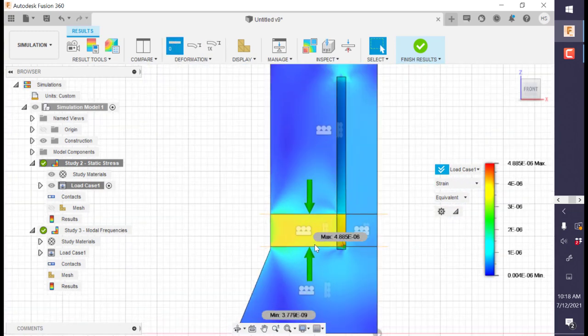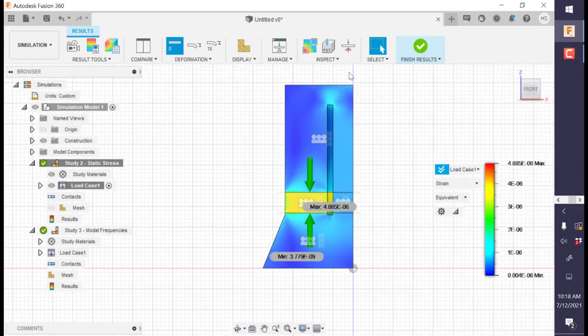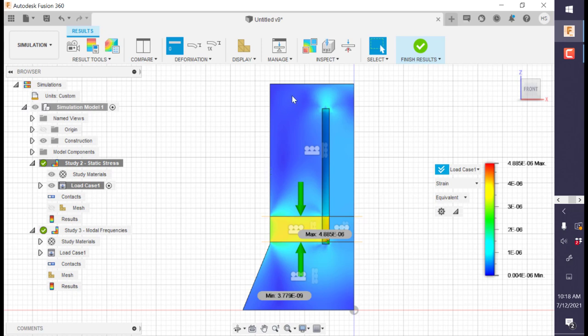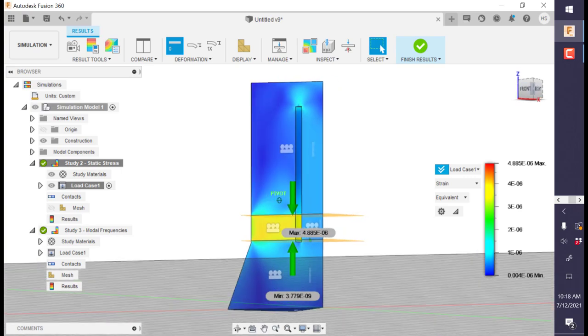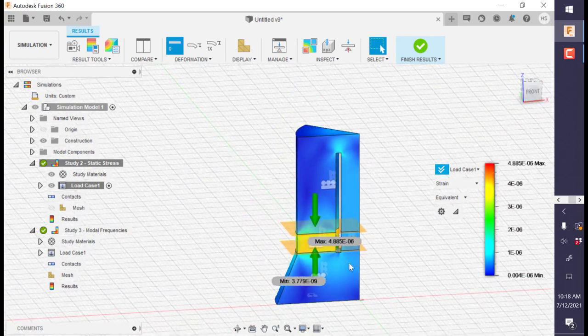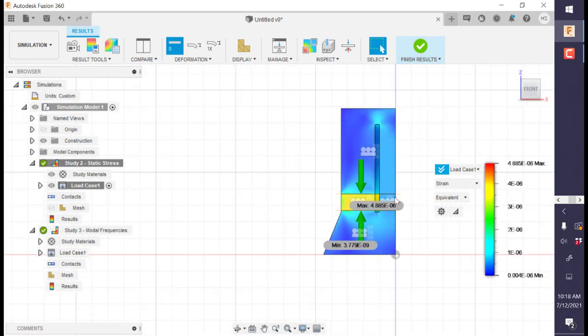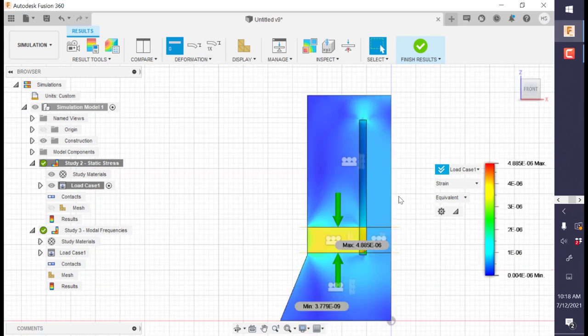I applied forces on top and the bottom of this piezo section. Now the piezo is two crystals, but effectively you could either provide a positive force or a negative force. Right now, we're just interested in where the stresses in the rest of the device will appear. So I applied forces on top and bottom. There's still the frictionless contacts. So solving this